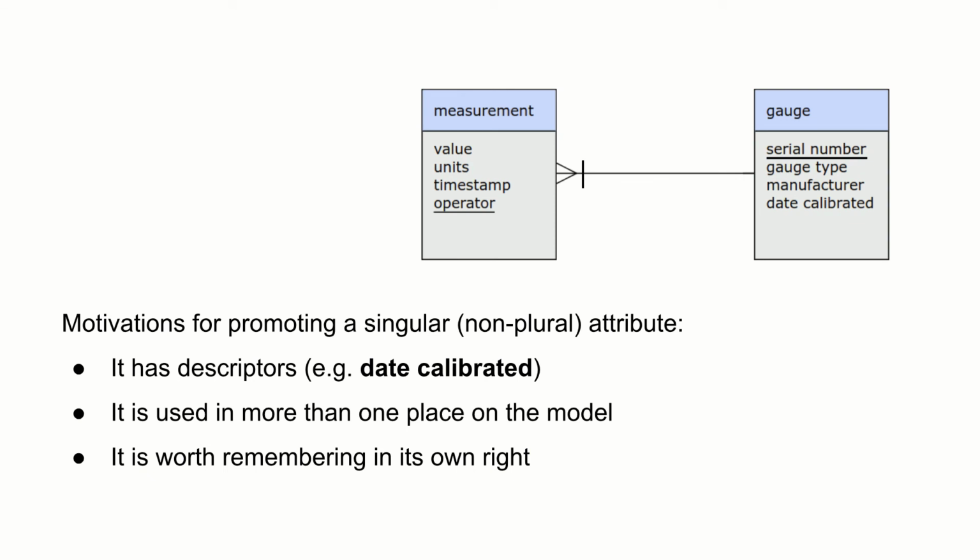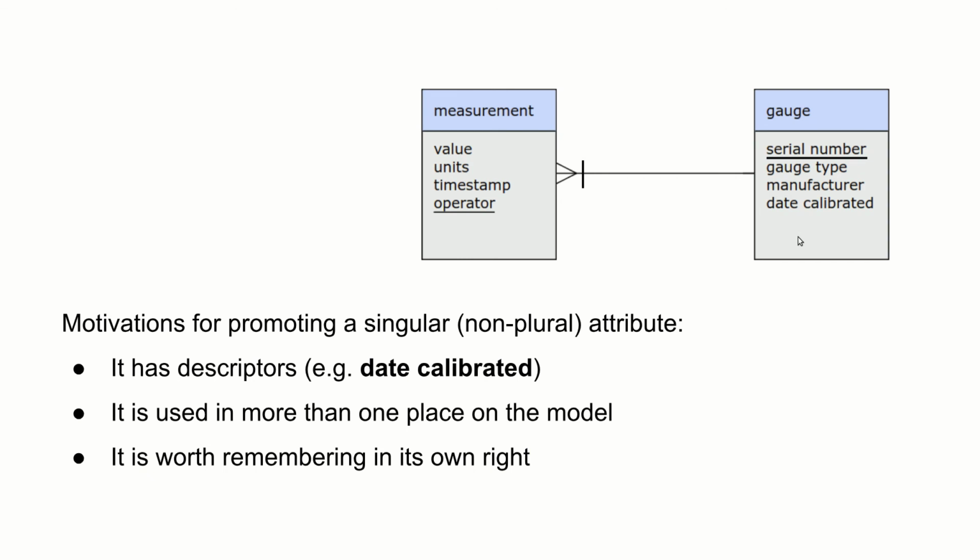One is that the attribute has its own descriptors, like when the users spoke up about there being a date calibrated on the gauge. Another is that the attribute might be used in more than one place on the model. If we saw two different entities with an attribute called operator, we would want one entity to handle both. Finally, if the attribute's data is worth remembering in its own right, that's another reason to promote. Before we promoted gauge, we could only remember gauges as part of a measurement. No measurement, no gauge data. If the users want a database of gauges, including gauges that have never taken a measurement, this would be necessary